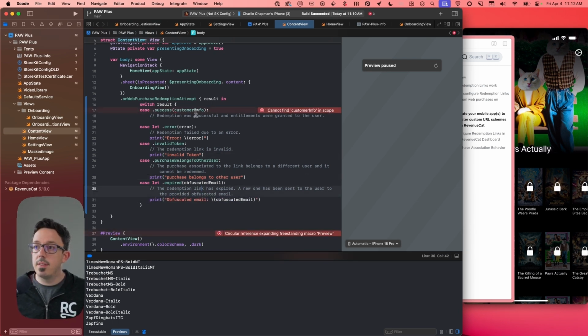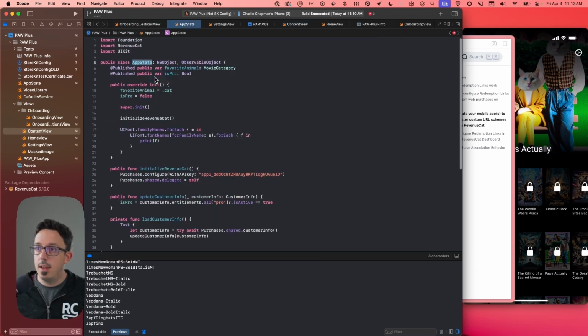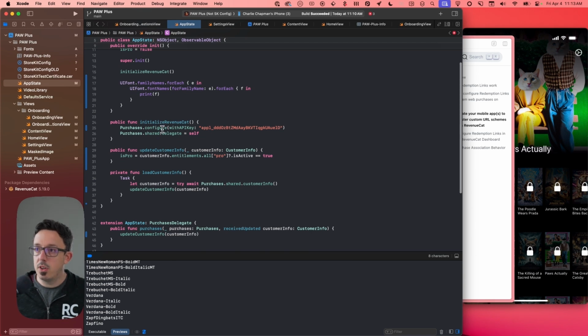And then on the success, we have this customer info object that's sent back to us. This is the new customer info object that will contain the entitlements that our app can then use to unlock our content. In my case, I already have this app state. It should obviously be more complicated in your more complicated app, but I just have this single object sitting at the top. Whenever I initialize RevenueCat